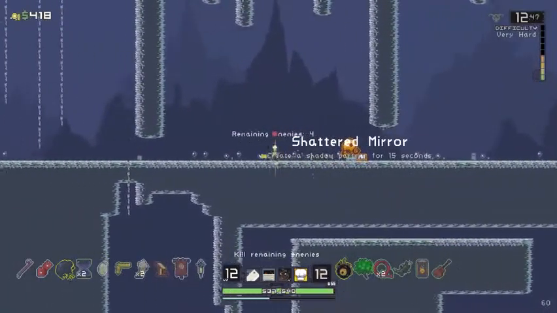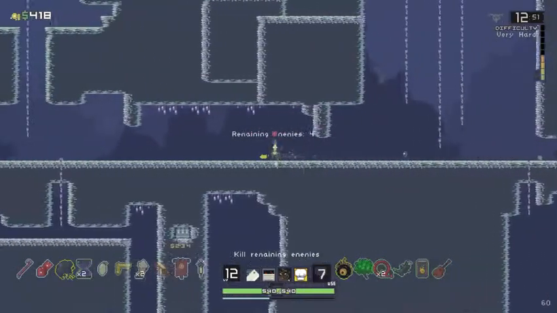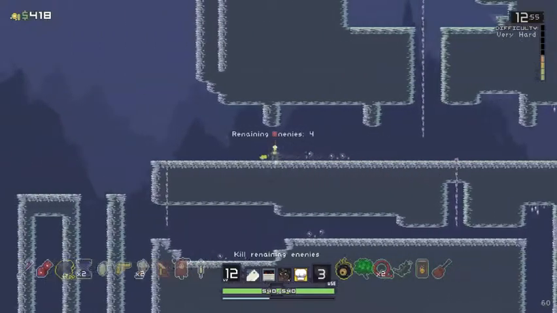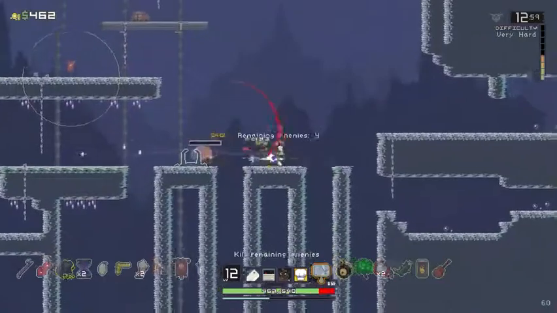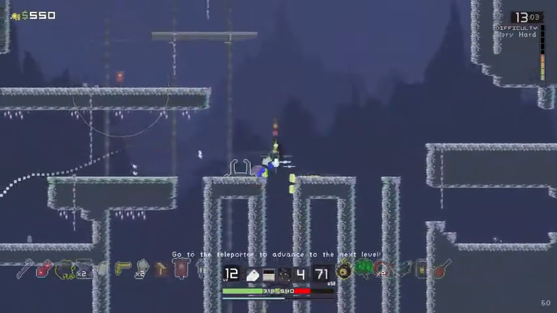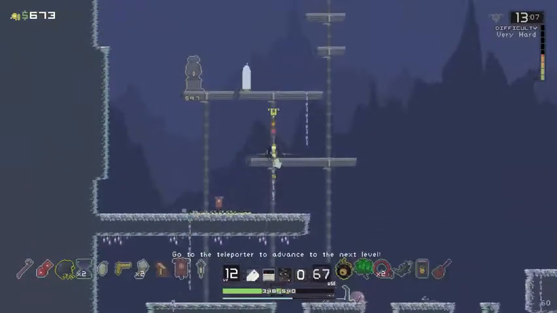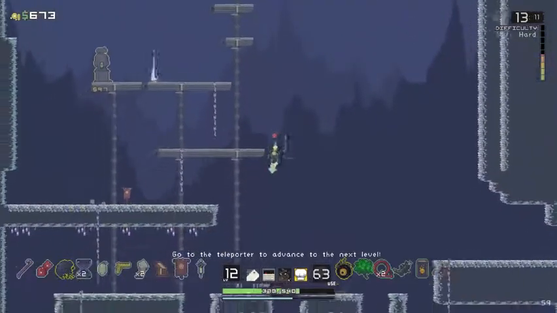Ooh, okay. I actually do want to take Shattered Mirror instead because there is an achievement we get for getting a certain number of cleavers on screen at once, and that's easiest to... I think it maybe is only possible to do by doing this. Yeah. I'm pretty sure that's an achievement that's only possible if you do it like that. Okay, we did get that roulette up there, so...